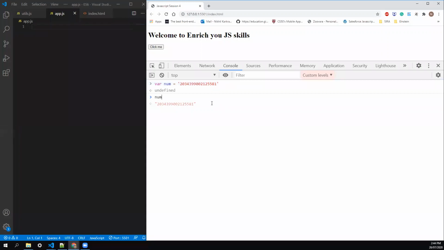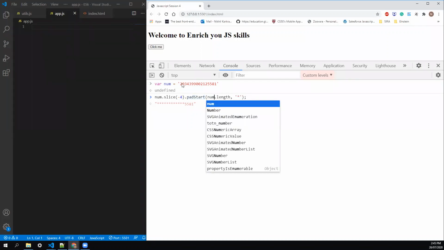To do that, I can use the slice method. What the slice method is going to do is take the last 4 digits, because we are giving the minus here. Then it appends all the stars in the start, and we are giving the num dot length here.